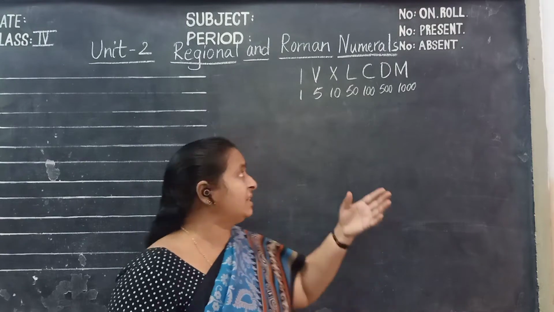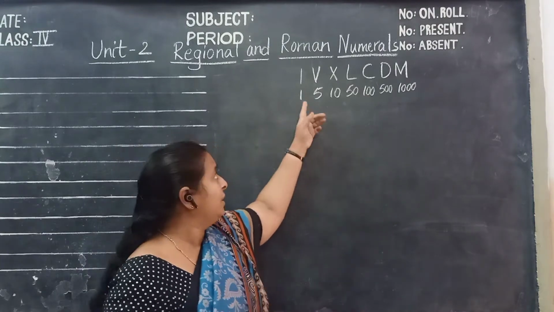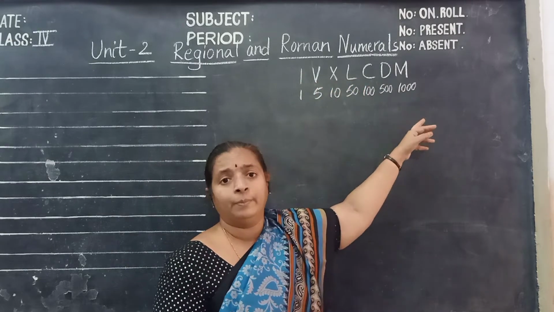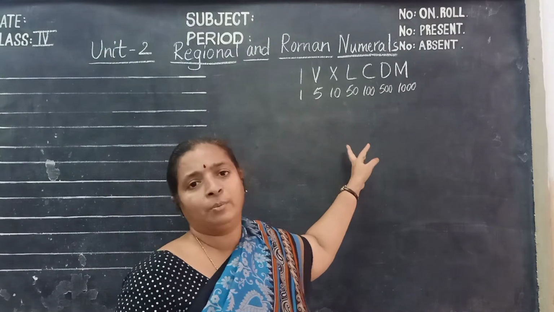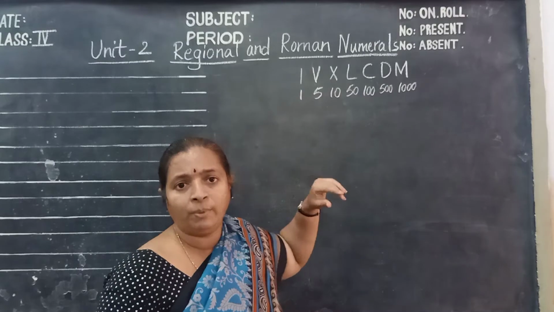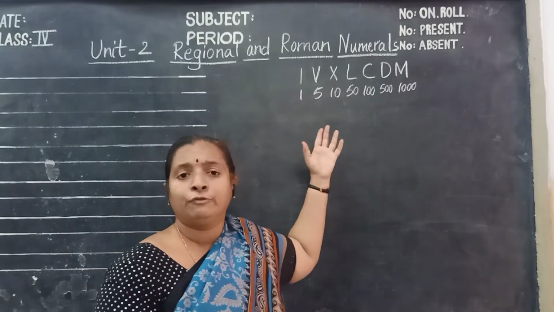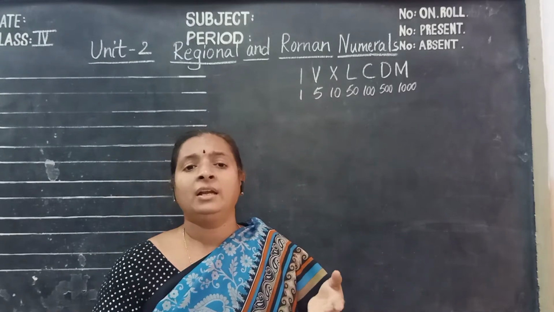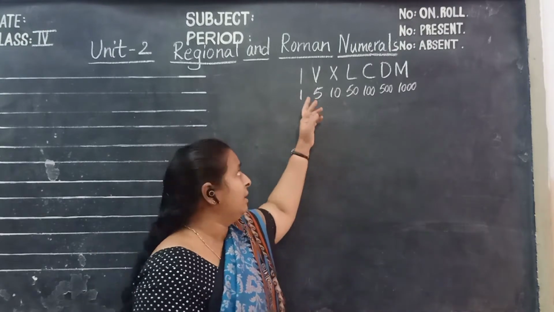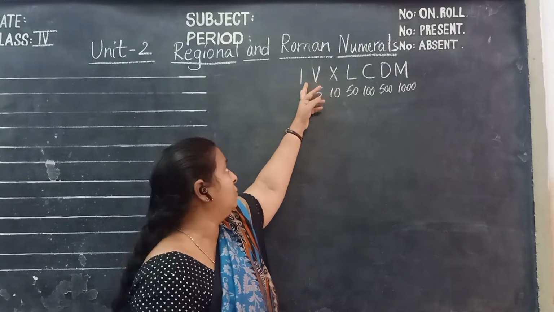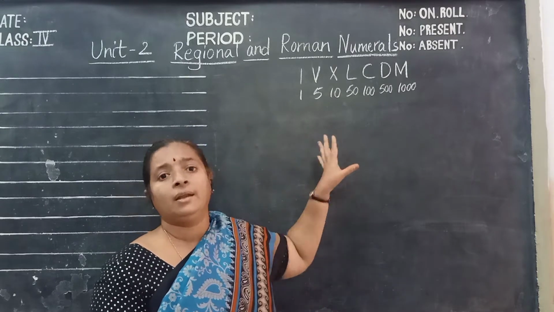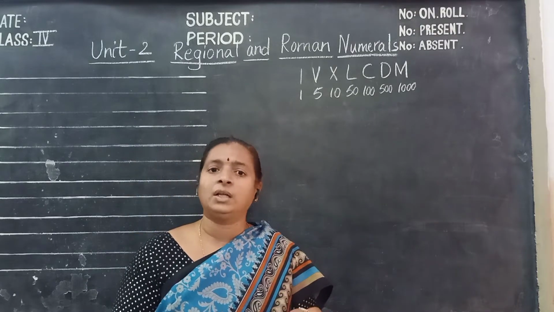Ascending order. In the previous class I told you, children, these values. These are Roman numerals: I, V, X, L, C, D, M. These are Hindu-Arabic numerals. I have told you previously, these were invented by Romans, and these were first used by Hindus and later on Arabians used them. So these are called Hindu-Arabic numerals. This is the Roman numeral value and this is the Hindu-Arabic numeral value. So with the help of these, now we should do ascending and descending order problems.